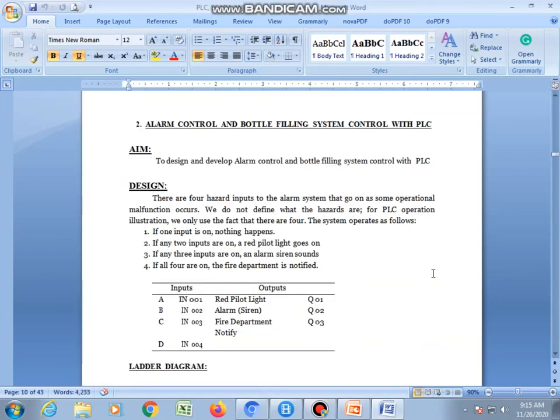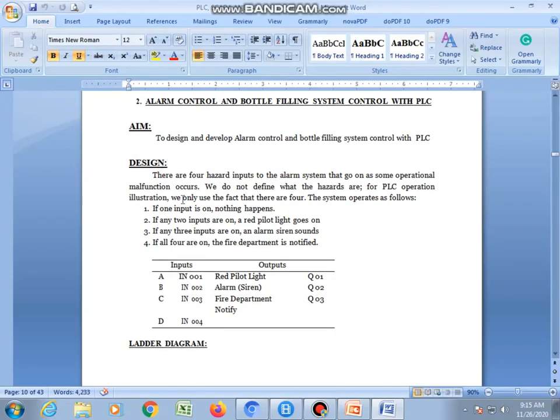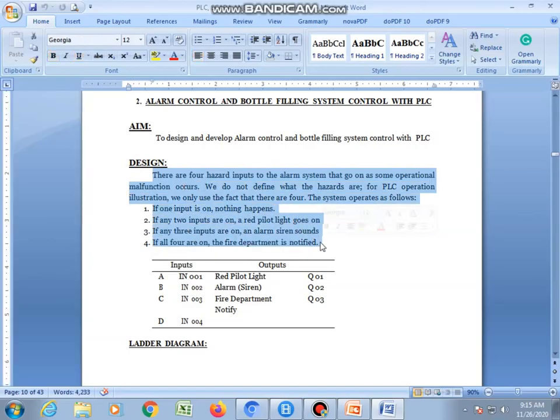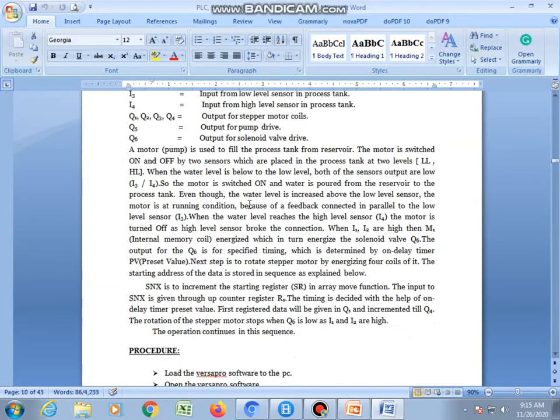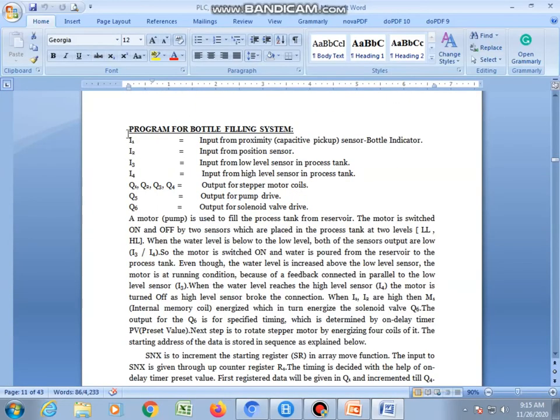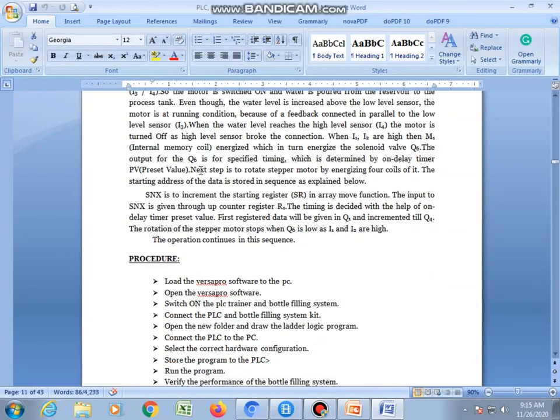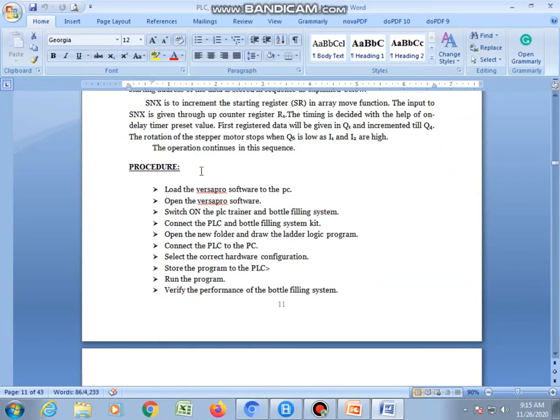For alarm handling and the bottle filling system with PLC, this is the document you need to submit. Out of this program, you have to put it in PicoSoft software, run the logic, and paste the diagram here. Then we have this bottle filling system, which has been explained to you.